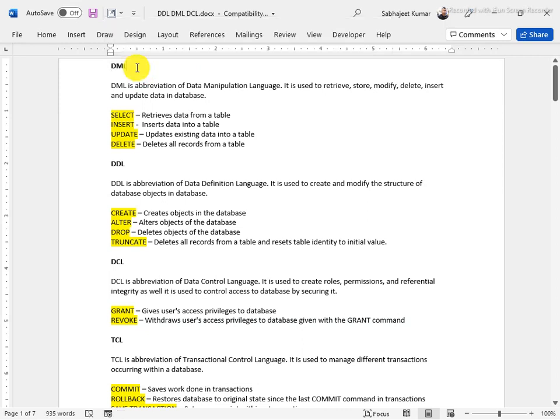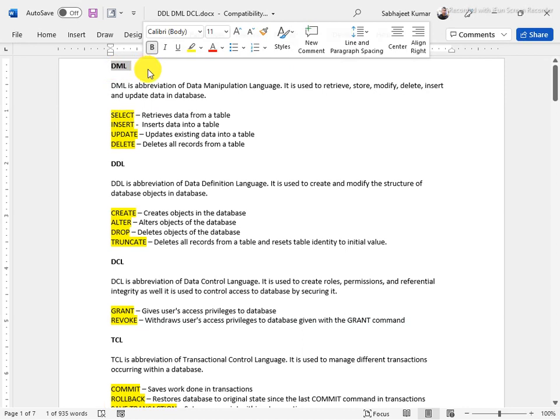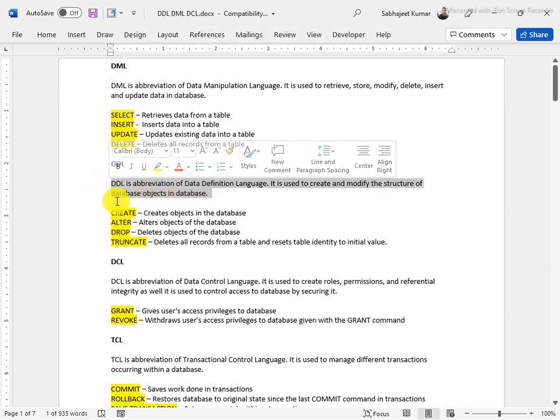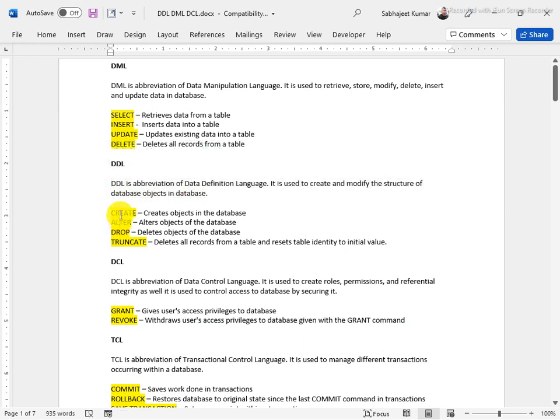DML means data manipulation language, the functions that manipulate the data, like select, insert, update, delete. It is just for manipulation. The DDL commands are create, alter, drop. They affect the structure of a database or a table, like creating and altering the definition or architecture of the database, table or any object.